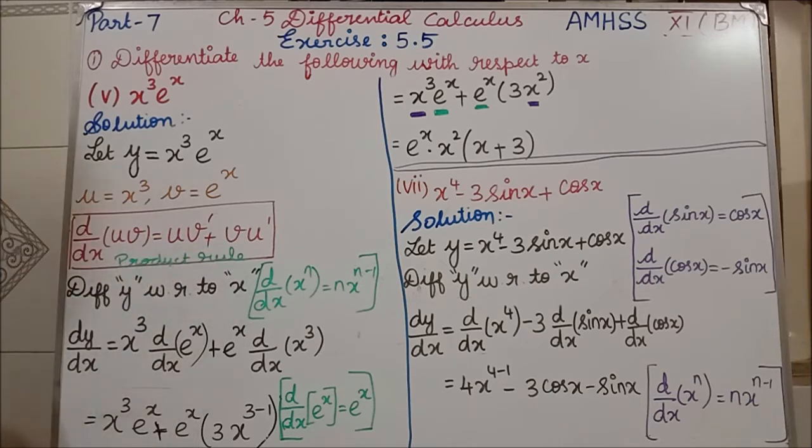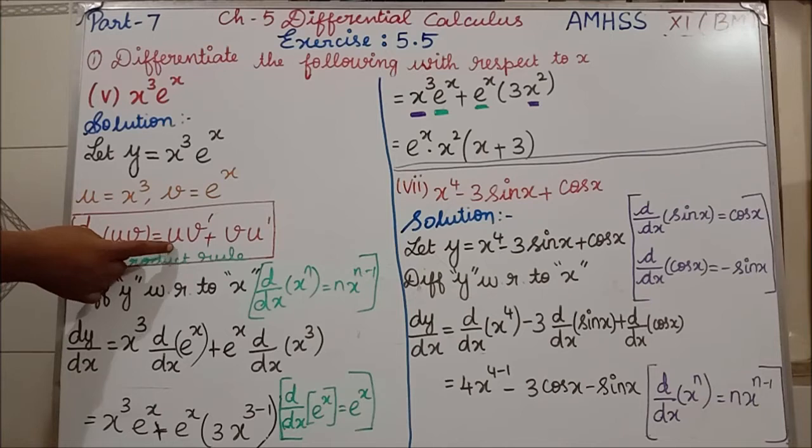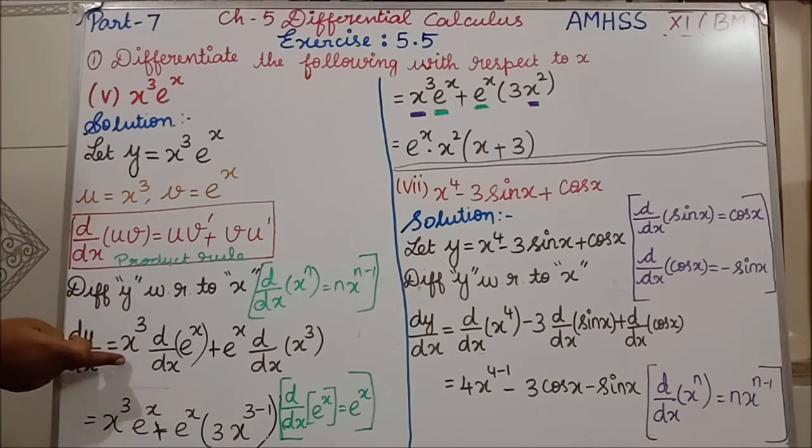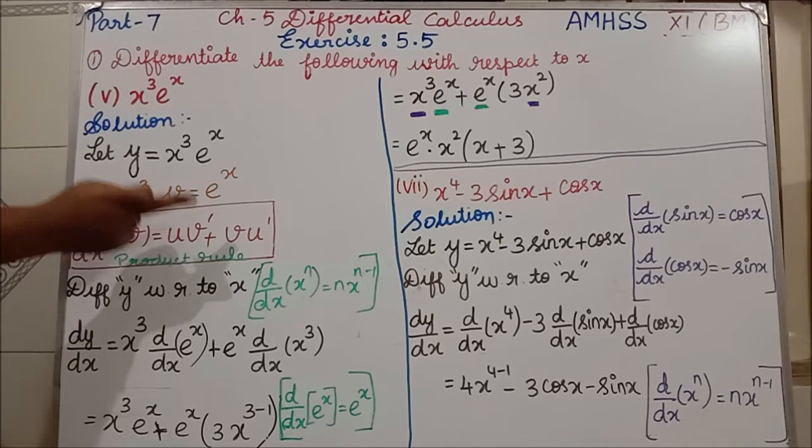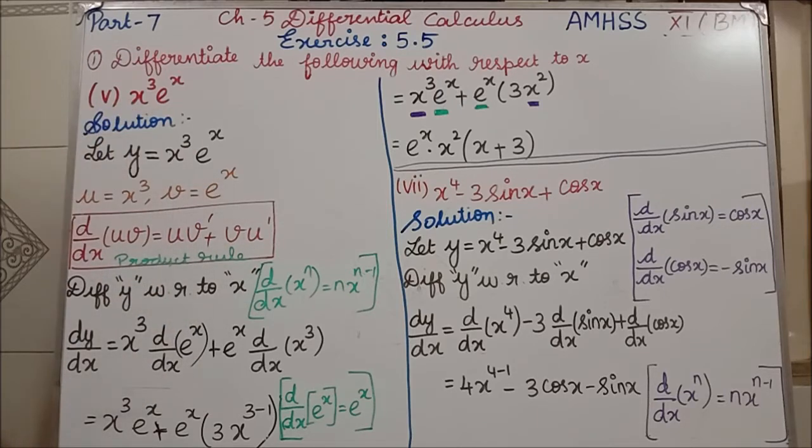See, in the box itself I have written this is the product rule. Diff means differentiating. I have told you in the first problem itself; hereafter I will write in short form only. Differentiating y, with this y we are differentiating with respect to x. Now here the formula we are applying is the product rule. See, dy by dx I have written. First u, what is u? x cube. So you keep that x cube as such. V dash means only the v we have to differentiate now.